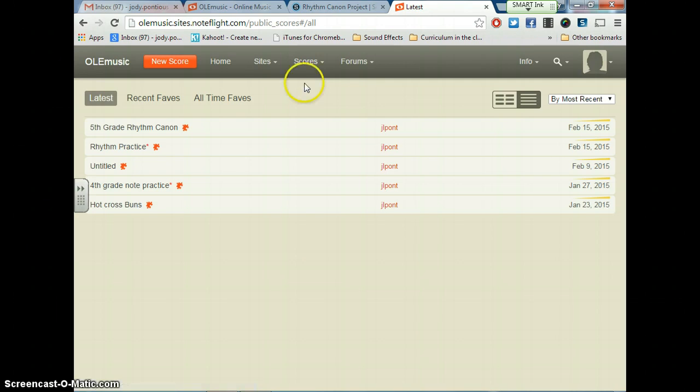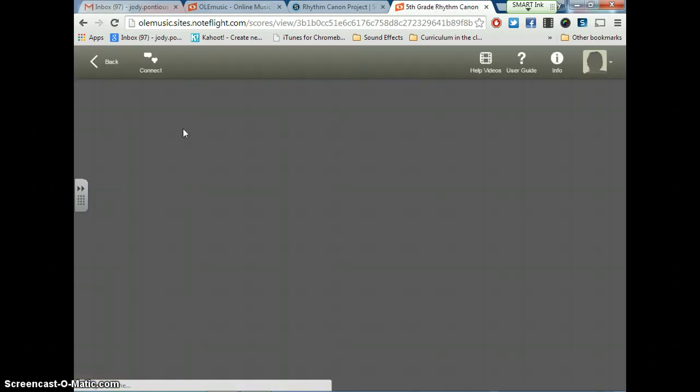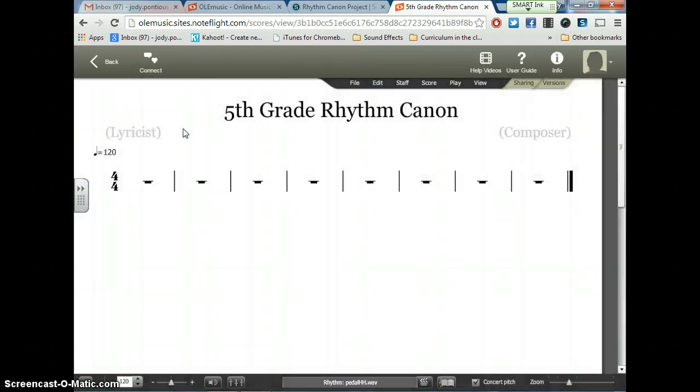And what we're doing today is 5th grade rhythm canon. Click it. You should get 8 empty measures, and you need to fill them using half notes, quarter notes, eighth notes, and 16th notes only, no rests. Remember, you can't erase rests, so if I click on this,